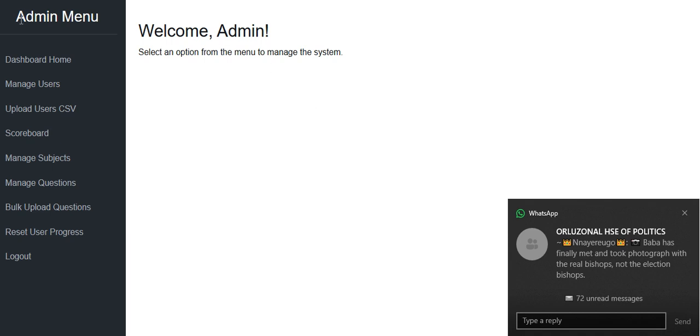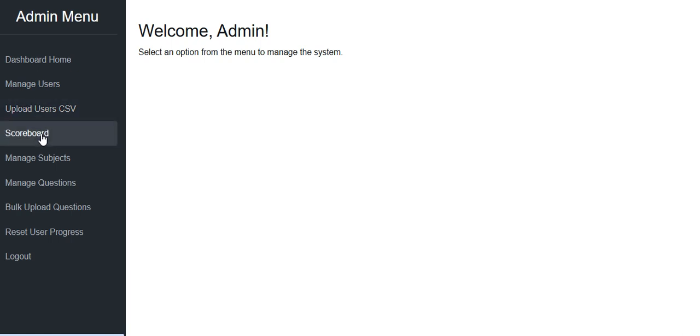We have the aside menus: the dashboard, manage users, upload users, scoreboard, manage subject, manage questions, bulk upload questions, reset user progress. All these aside menus use AJAX for dynamic content loading without reloading the web page. Now, when you click this dashboard home menu,